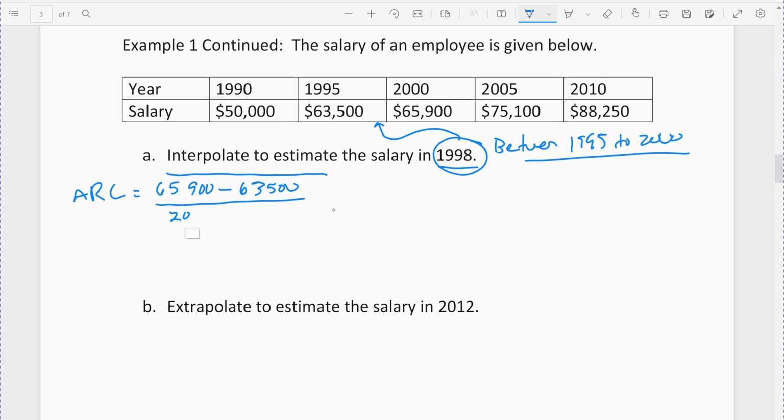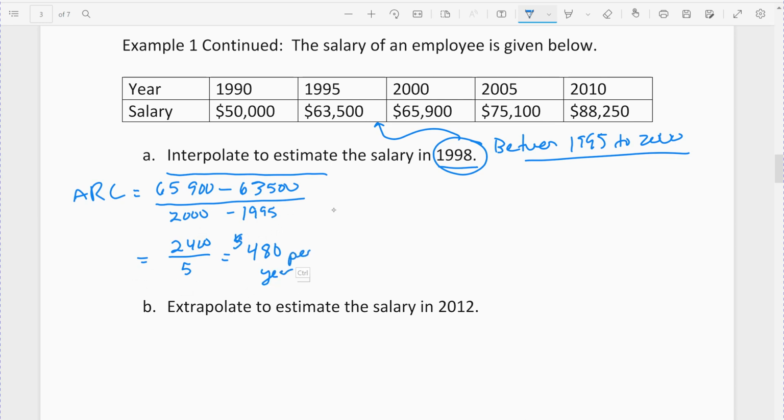So time was 2000 minus 1995, 5 years. So up top we take the subtraction, so that subtracts to 2,400 divided by 5 years, so it comes out to